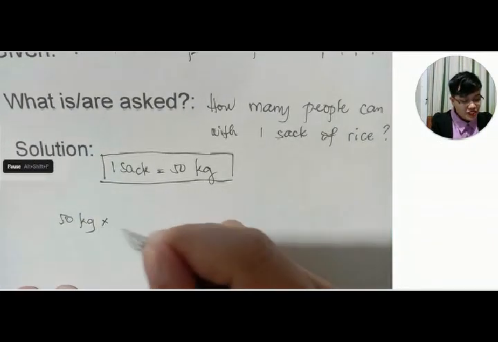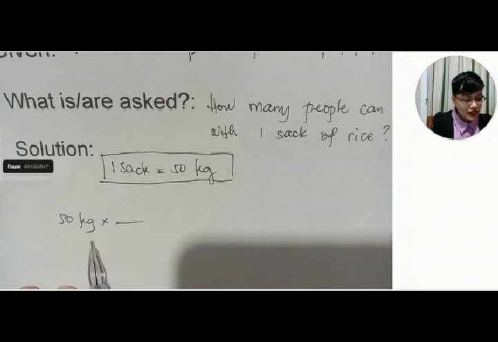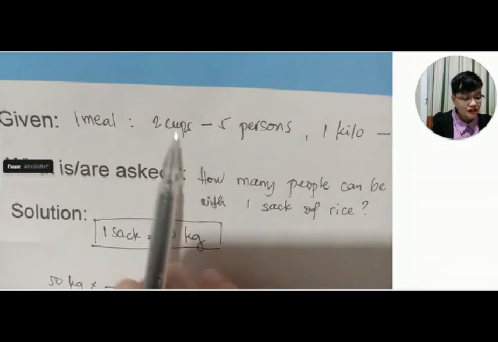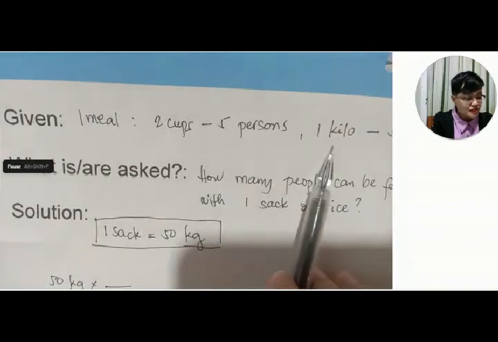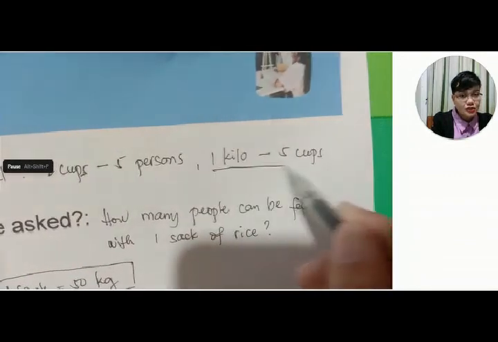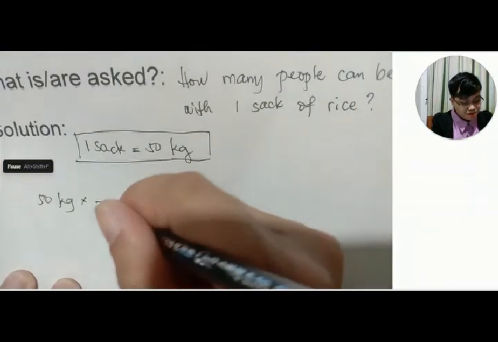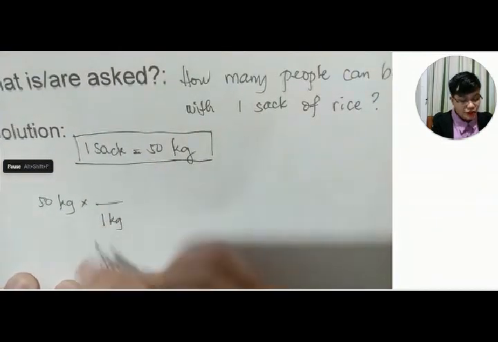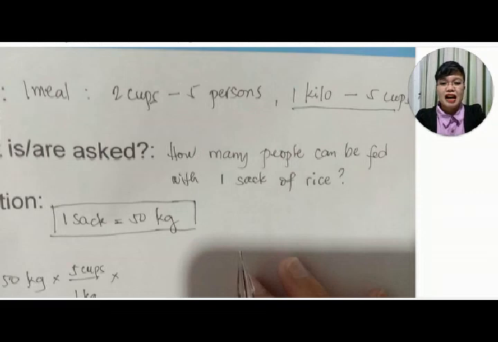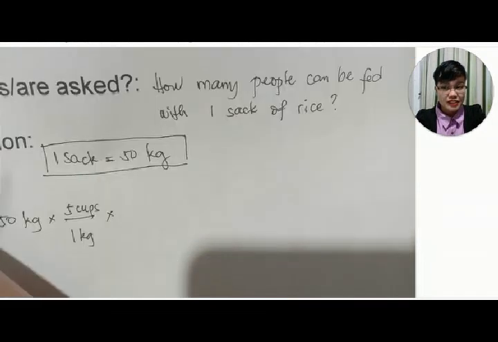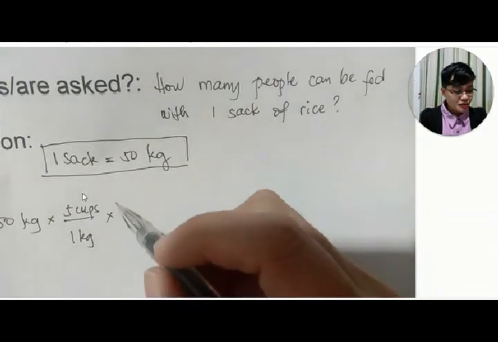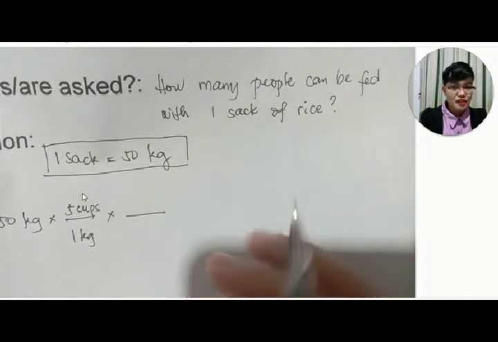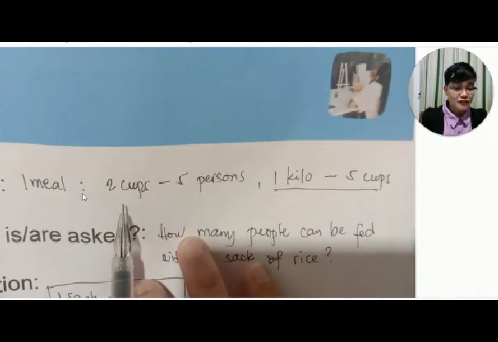So from the 50 kilograms, we will multiply that with the conversion factor from the given with kilogram. So not this one, but this one. We'll start with 1 kilo could give us, or could yield, 5 cups. So the kilogram goes below, making sure that our denominator is kilogram because that is our given. So kilogram, kilogram. And we can still multiply this with the other conversion factor that we have from the given,